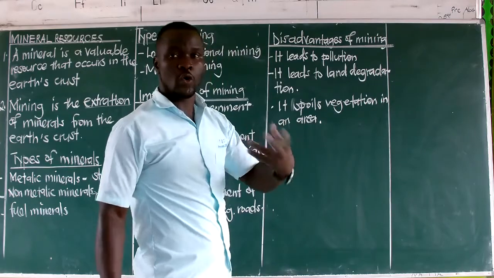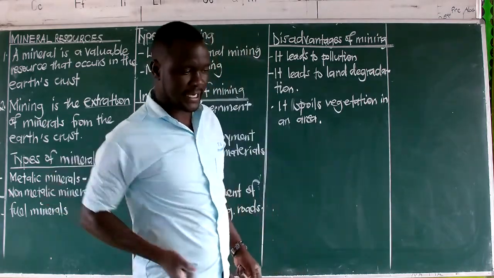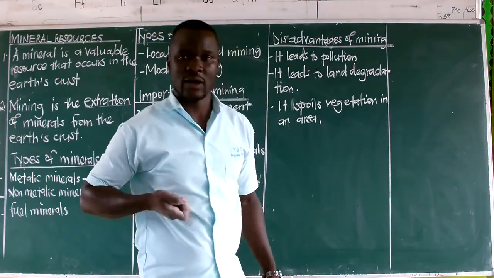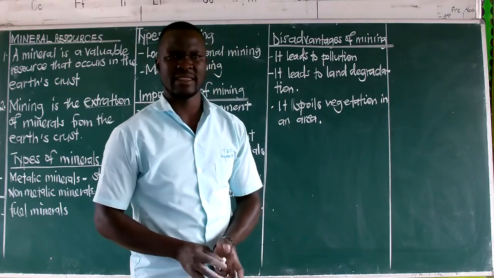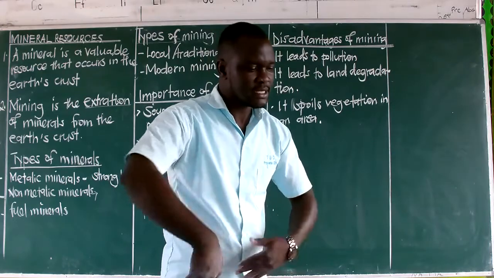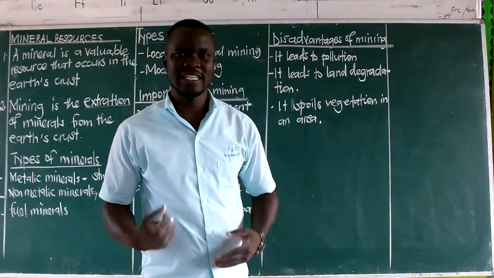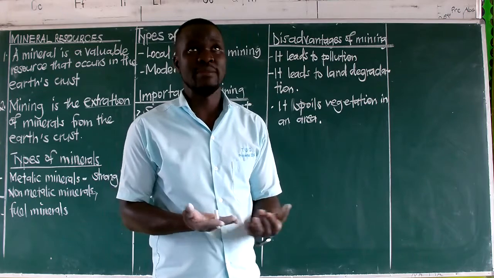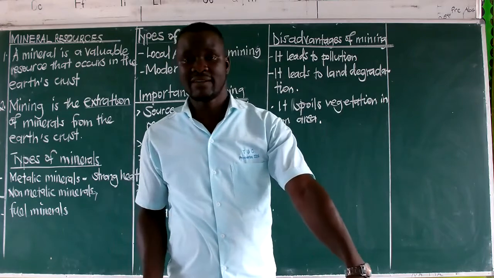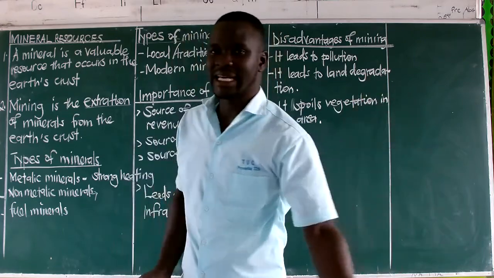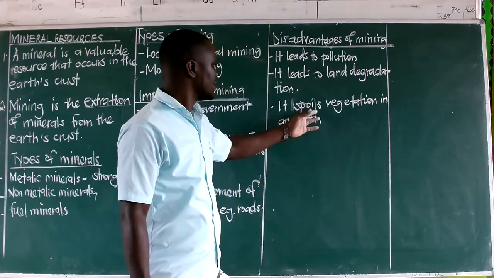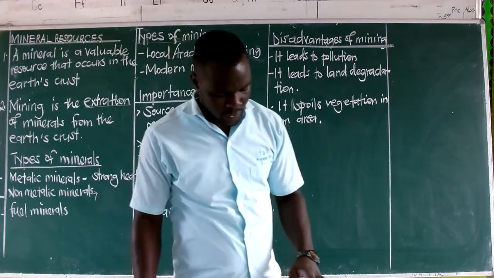Remember, there is no way these people are going to just send a hand. Like if a mineral is in an area, one cannot just send a hand to pull it out. They need to now dig. Like we are looking at methods like the open cast method, which deals with digging that top part of the soil. So you'll find that before these people begin digging, if an area had maybe trees growing in it, vegetation was in that area, now they have discovered a mineral down. They are going to first begin by clearing this vegetation, then they begin now digging the soil. So as a result, it will spoil the vegetation which is in that area.